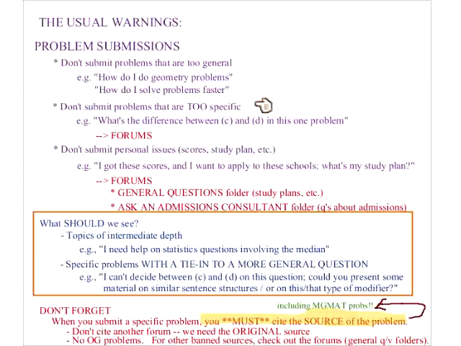In other words, don't give me one problem with two answer choices and ask me what the difference is. That is why we have the forums. If you don't have the address, here's the address of the forums. It's www.manhattangmat.com/forums. So if you have really specific questions,